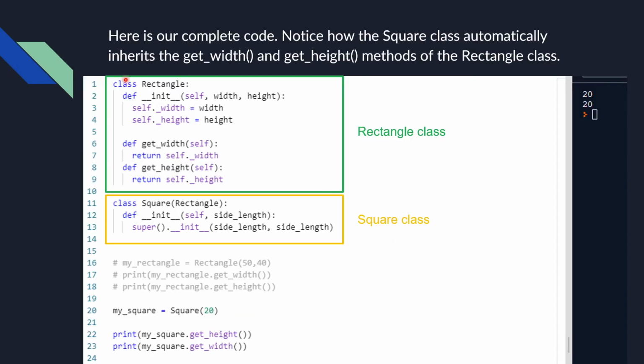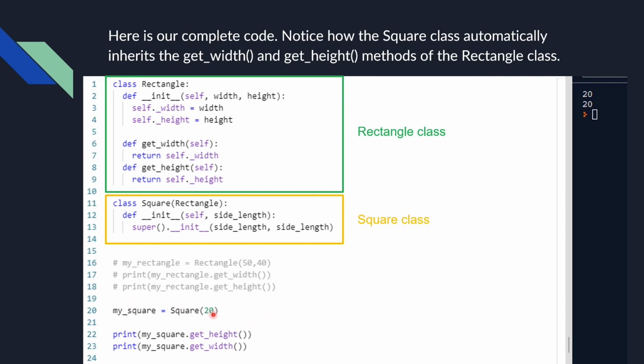And so here's everything we've done so far. We defined a rectangle class. It has two attributes, width and height, and it has two behaviors, get width and get height. And then we defined a subclass of rectangle called square. Its constructor here calls the rectangle's constructor, so that when we create a square object, essentially what we're doing, when